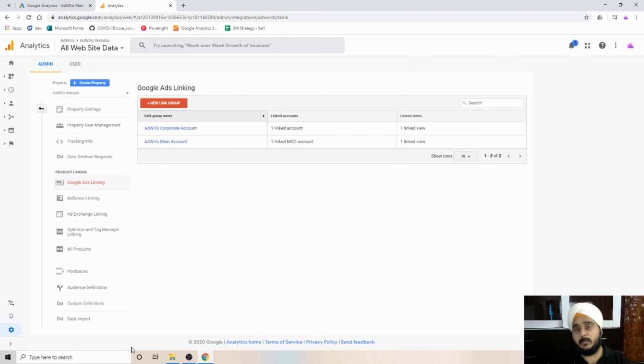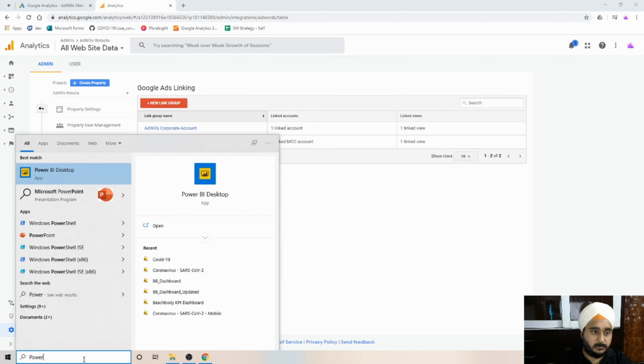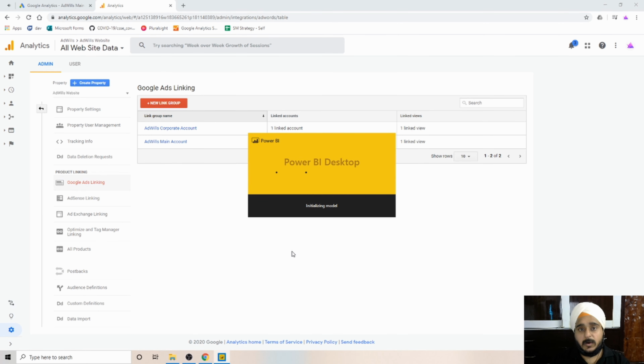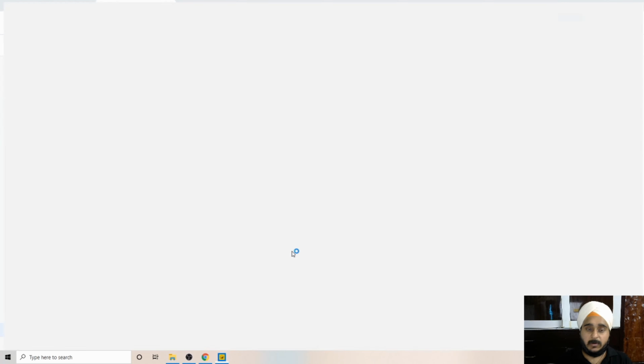and how we import the settings into Power BI. We'll just open Power BI right now. You need to have a Power BI account, and I've already explained how you get that. You don't get it on a Gmail or a Live or an Outlook account.